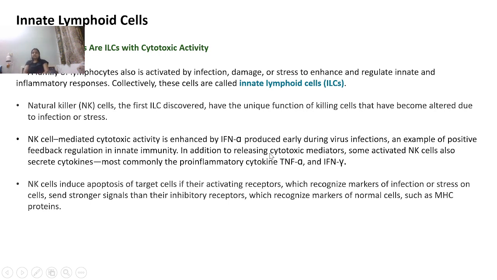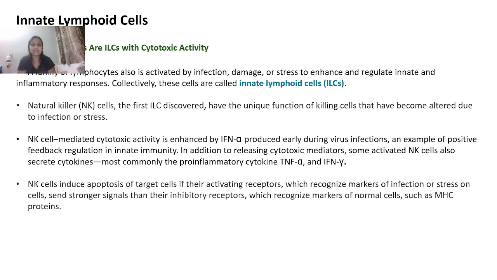In addition to releasing cytotoxic mediators, some activated NK cells also secrete pro-inflammatory cytokines like TNF alpha and IFN gamma. So this is one type of cell, the natural killer cell, which is also involved